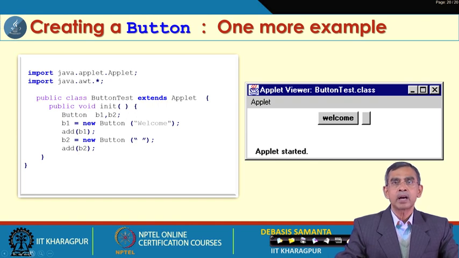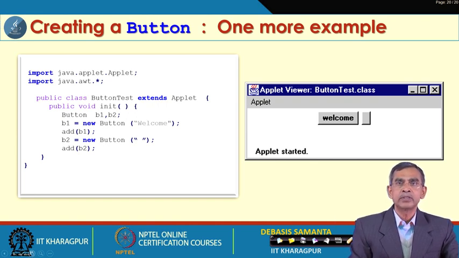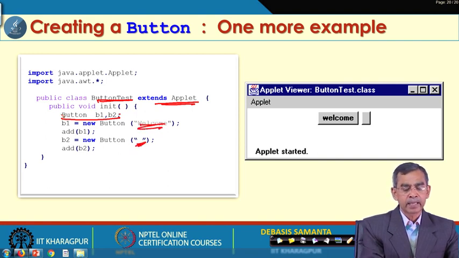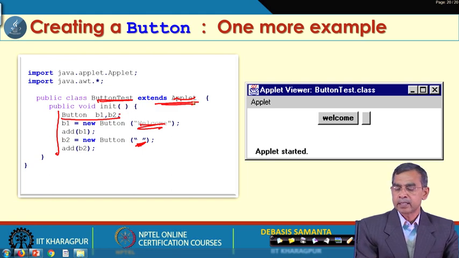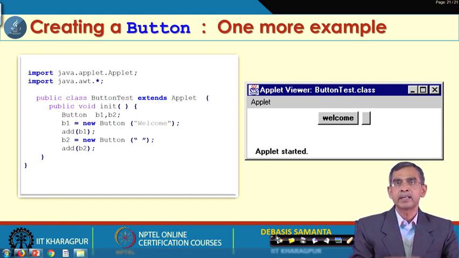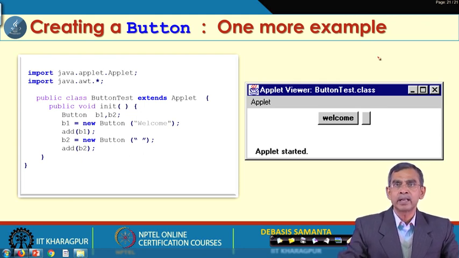And another is how we can add the GUIs into an applet. This example explains it. In that case you have to develop the class which inherits the Applet class, then an applet will be created, and all these methods are there. For example B1 and B2, two buttons are created, one button having a label, another button without a label, and they can be added into this applet and it will look like this. So a button can be created, the button can be added into the frame, the button can be added into the container which basically is a frame or panel, and the button can be added into the applet also.